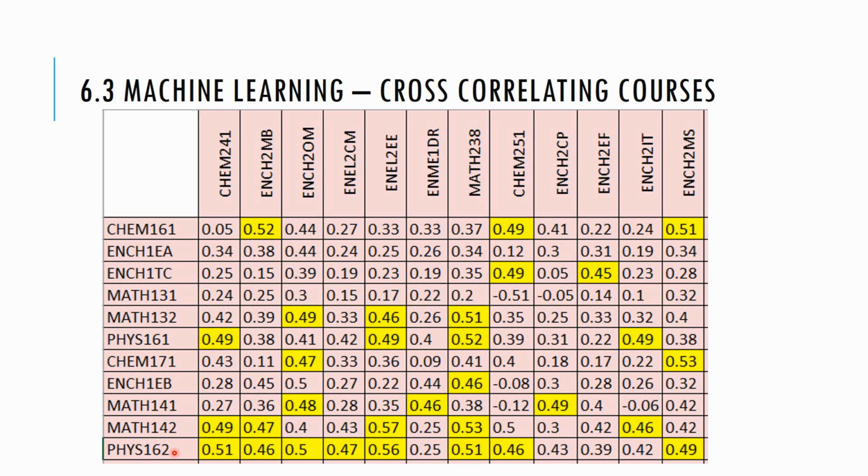So the physics course, the first-year physics course, is fairly high and consistently high when it correlated against the second-year courses. So it's possibly the case that the physics course is serving an important scaffolding role in this curriculum. And that's important to know, because physics is actually often thought of as the course that should be dropped from the curriculum. So with many educational theorists questioning, why are our chemical engineers spending so much time on Einstein's theory of relativity? This is some data to tell us that, well, don't be so quick to cut that physics course